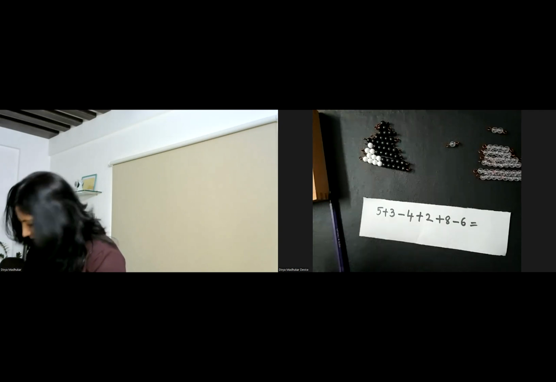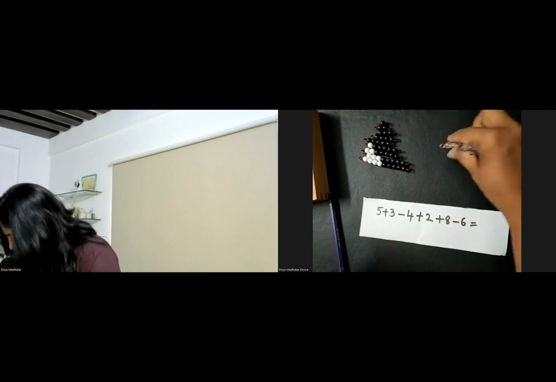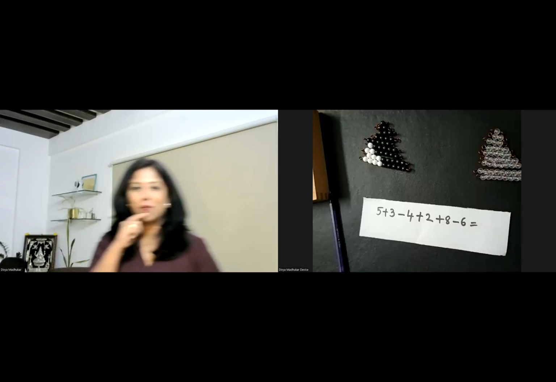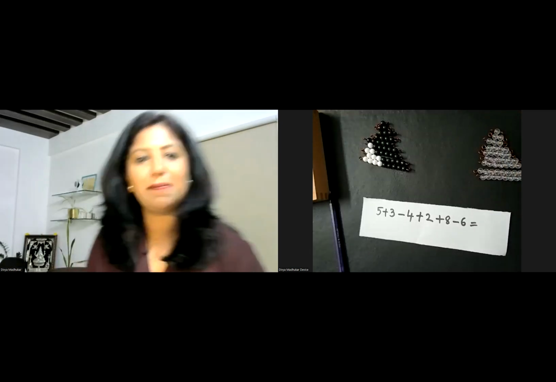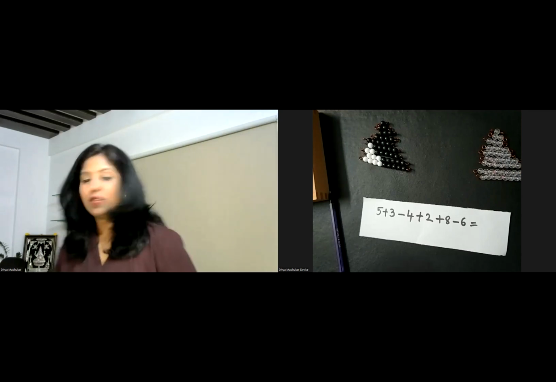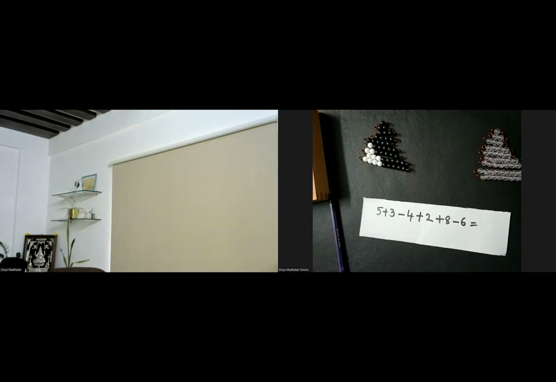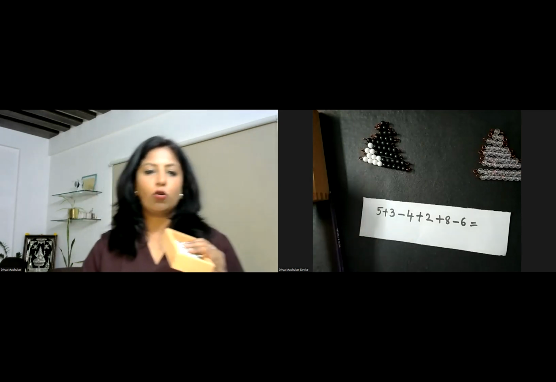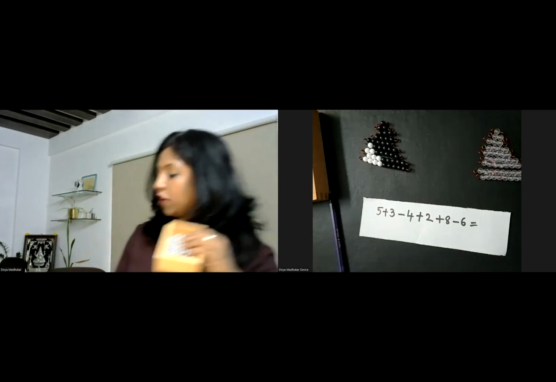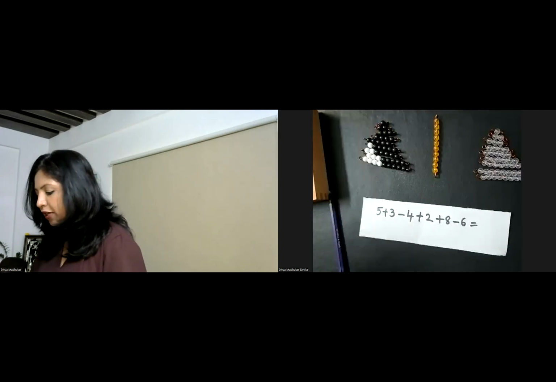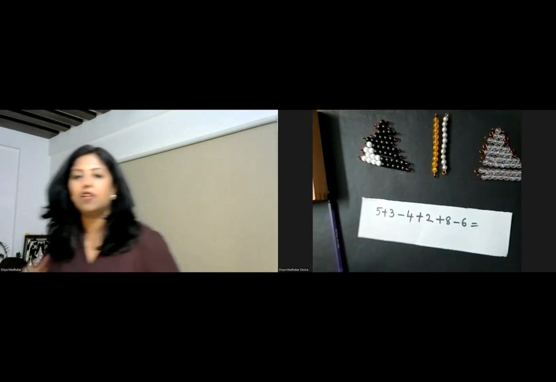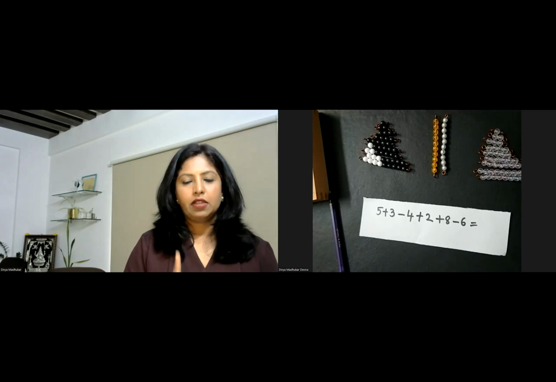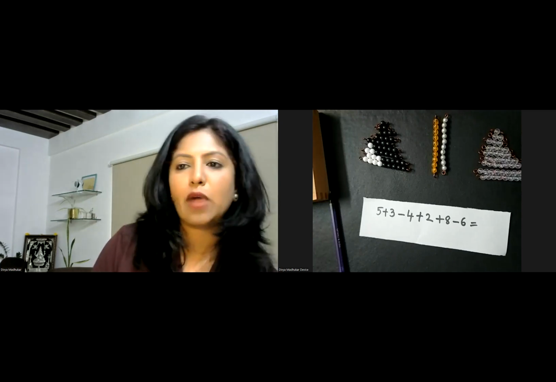Yes, -3. Okay, so we have all our negative numbers, -1 till -9. Now the replacing will not be done with golden beads. Instead of golden beads, the replacing will be with your silver bead for your subtraction snake game. This is one of the differences.